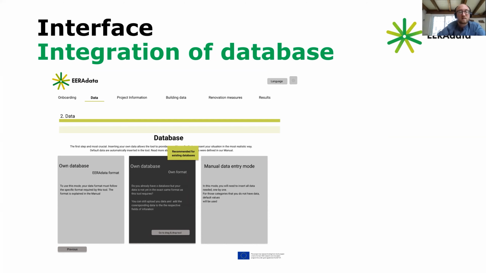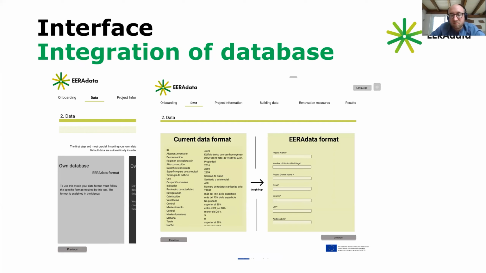I can either create a database from scratch, that I think is helpful for very small municipalities with 2 to 3 buildings that already have data, but only in simple Excel sheets or similar things. And they can create their own database in the EERAdata format already, so we can read it out directly. Then we have the option to read in a database which is established before, and it will be transformed into our tool. And then, of course, there's the way to manually enter data with the slots, and you just provide numbers for each indicator, like building size, building height.